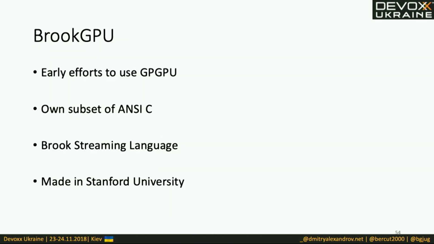But some guys at Stanford University said, okay, this is not a civilized way of using the GPU. Let's make an infrastructure. So they made an infrastructure called Brook GPU, which provided us access to a small subset of ANSI C, which was able to be compiled into stuff readable by GPUs. And it automated all of this reading from buffers and taking it back. So Brook GPU was the first attempt to make it.